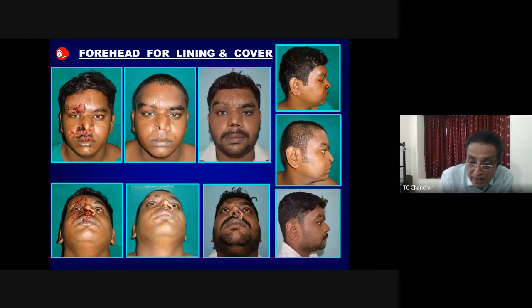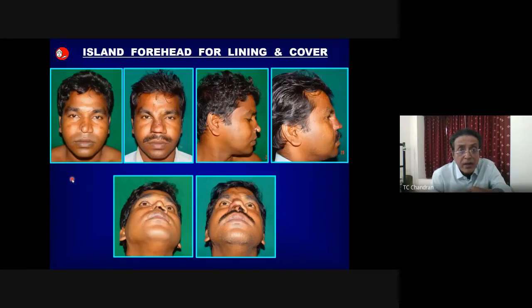And after that, I have designed a flap from the opposite nostril and brought it here. That is when the nostril floor can be reconstructed. So again, these procedures require multiple stages. Don't think that from here to here he has just traveled. It has taken several years and multiple procedures are required.